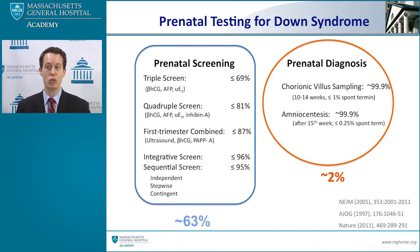Then there is amniocentesis, which is typically performed after the 15th week of pregnancy, and about 1 in every 400 procedures can result in a spontaneous termination or a miscarriage. Both chorionic villus sampling and amniocentesis involve a needle being inserted into the pregnant abdomen. So the risk of miscarriage comes if that needle is in the wrong place at the wrong time. But as you can see, those miscarriage rates are low, and with increased practice and increased usage from providers, they